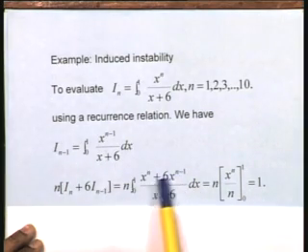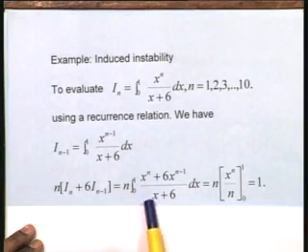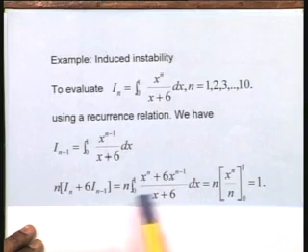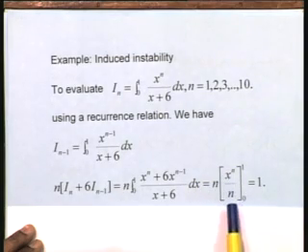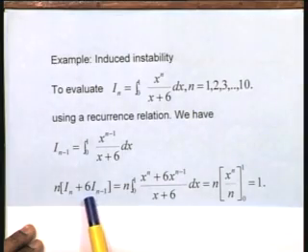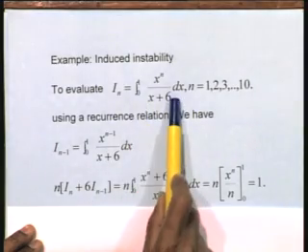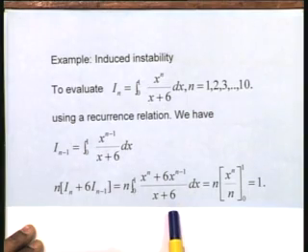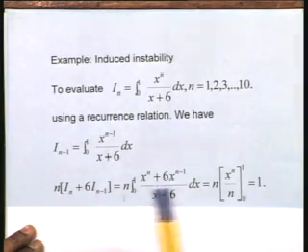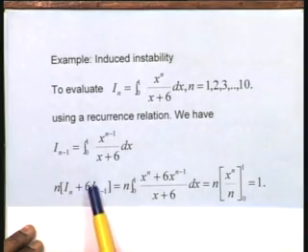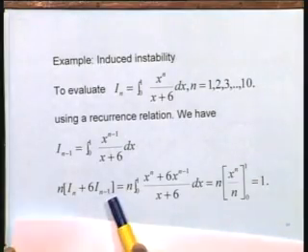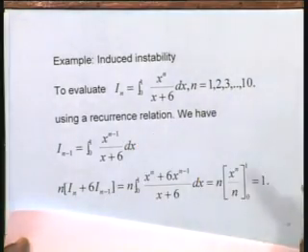Now I can take x to the power of n minus 1 common, so that x plus 6 cancels. What is left is x to the power of n minus 1 dx, which I can integrate and write as x to the power of n by n from 0 to 1, the value of which is 1 over n. You can see why we have multiplied by 6. I want to remove the denominator so that I can integrate exactly. Therefore, I have the relation n times I n plus 6 times I n minus 1 is equal to 1. Now I want to use this relation, starting with I 0 and so on, to get the value of I 10.